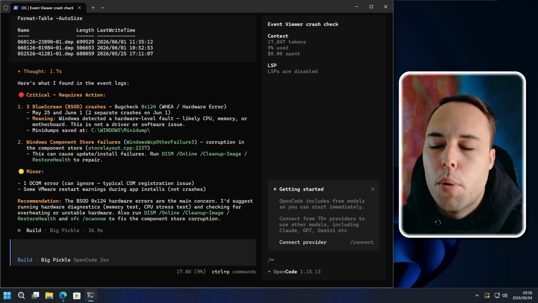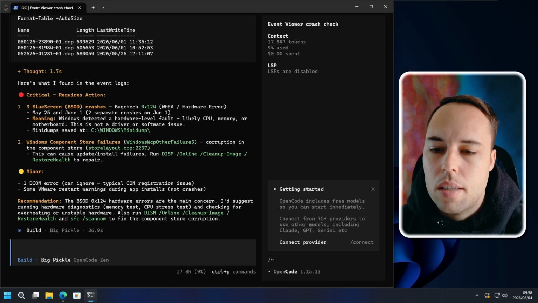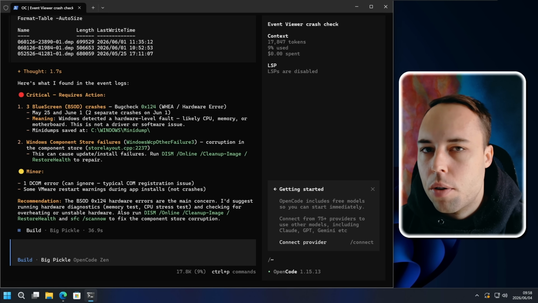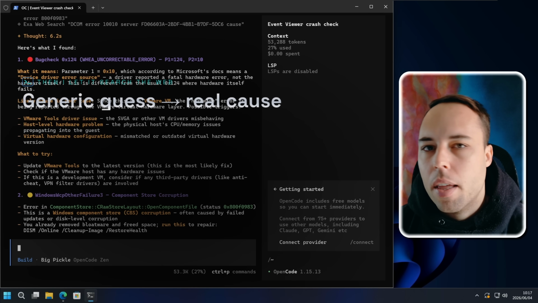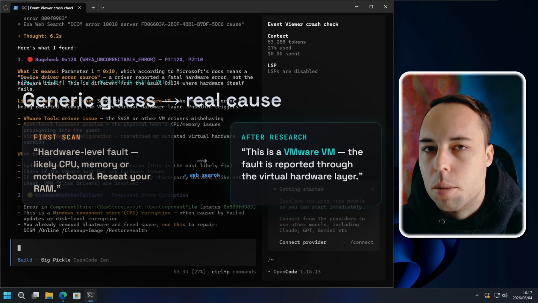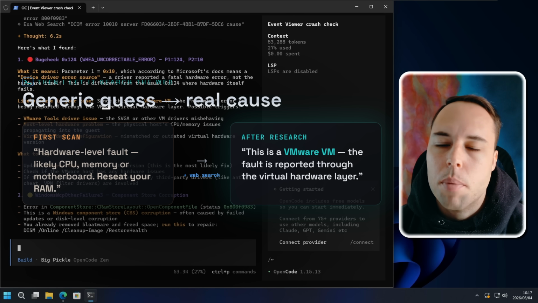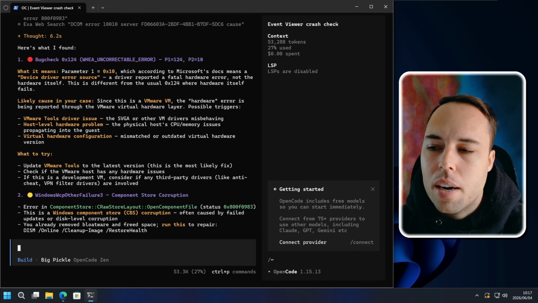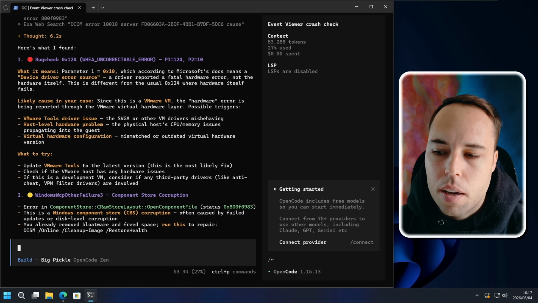If I take you back to this point in time where it gave me the critical and minor errors that it found, it said Windows detected a hardware level fault, likely CPU, memory, or motherboard. This is not a driver or software issue. But on this screen right here, it didn't show me anything about this being a virtual machine. But now that I asked it to do some research online about the specific error codes, it now sees this is a virtual machine. It also knows it by all of the other commands that it ran previously, but it gives me specific tailored advice to my situation about what can be done about these errors that happened in the event viewer.